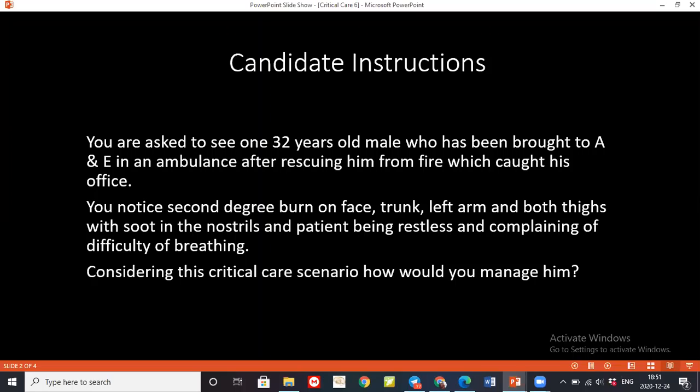What is the criteria to send a patient to the burn unit? Ma'am, it is divided into child and adults. In adults, if the total body surface area is greater than 10%, in kids it's greater than 5%. If there is an injury to a functional area of the body, such as the hands, face, or genitalia, or the patient presents with shock that has not responded, in these scenarios you have to shift the patient to the burns unit.